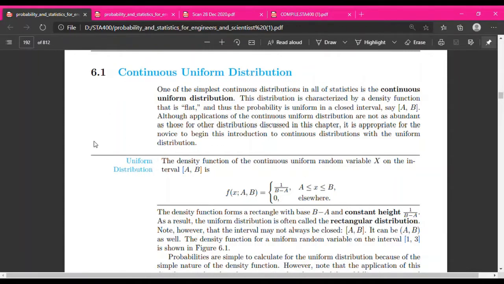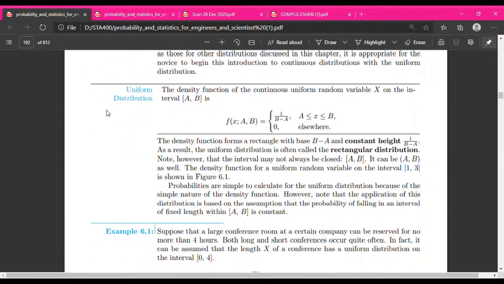Okay, kalau kita tengok ini adalah dia punya function untuk uniform, which is dia punya function adalah 1 over B minus A. A dan B itu adalah interval for the distribution. So A and B adalah a number, okay, a valid number. Right, contohnya,